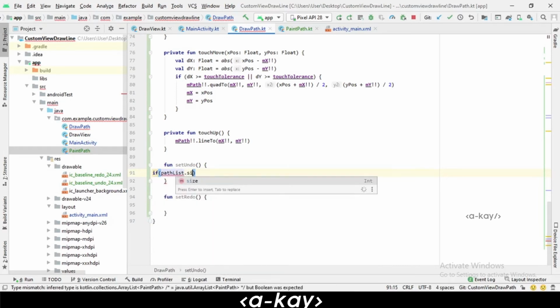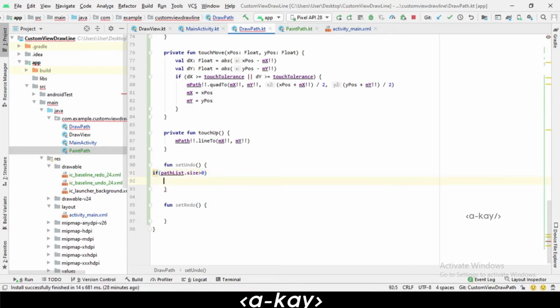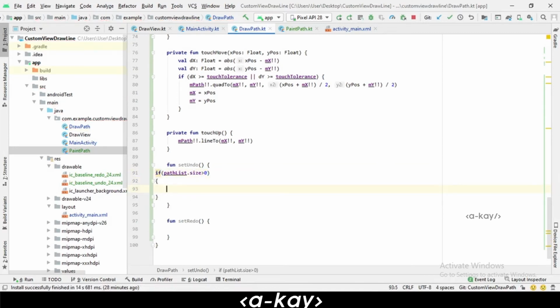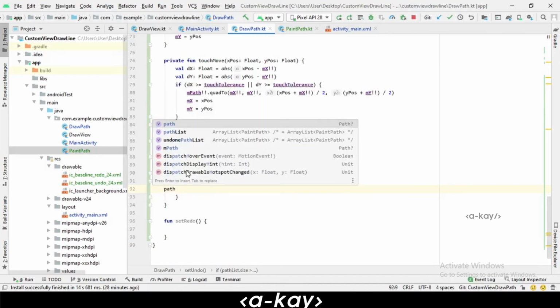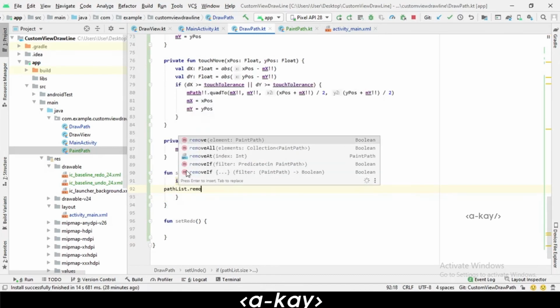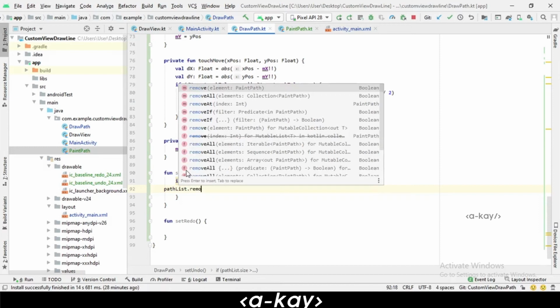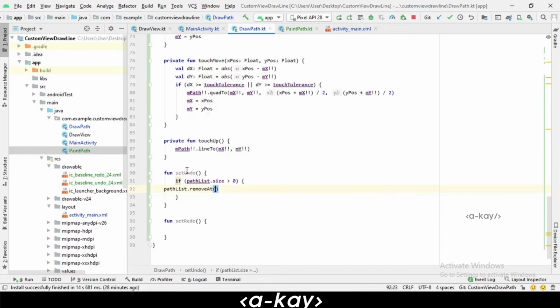So we are going to give path list dot size check greater than 0, means only we are going to remove the last item from our path list. Path list dot remove at will easily help to remove with number.